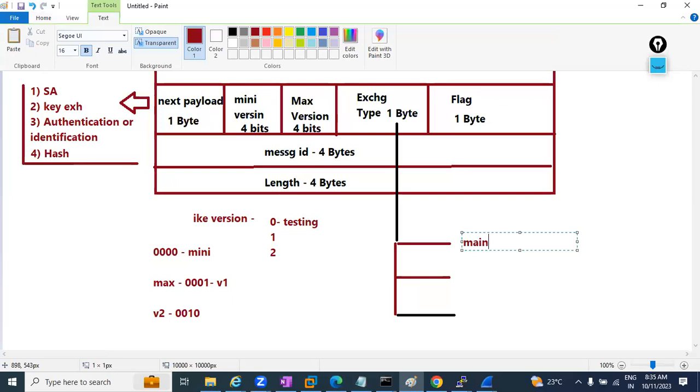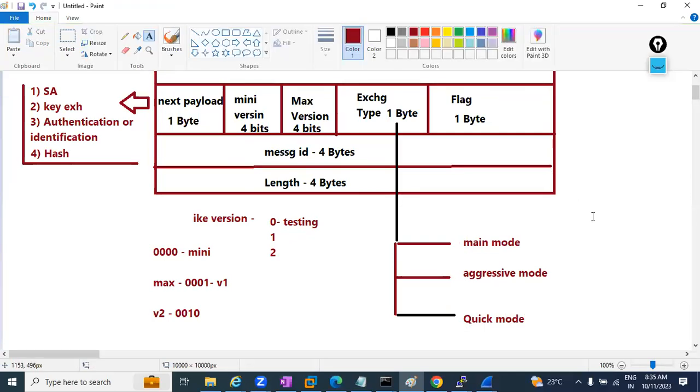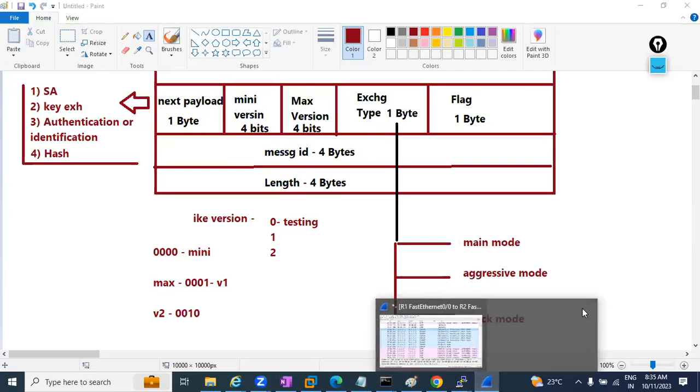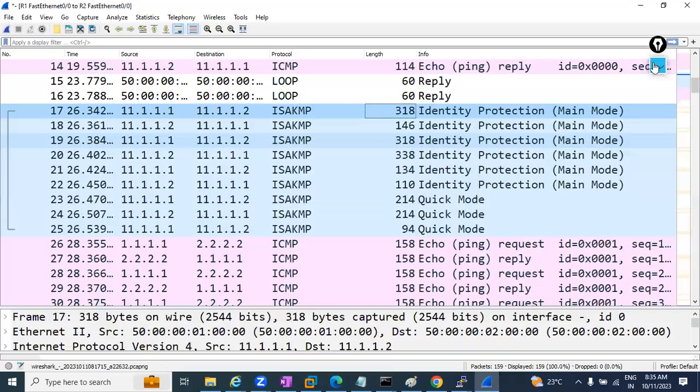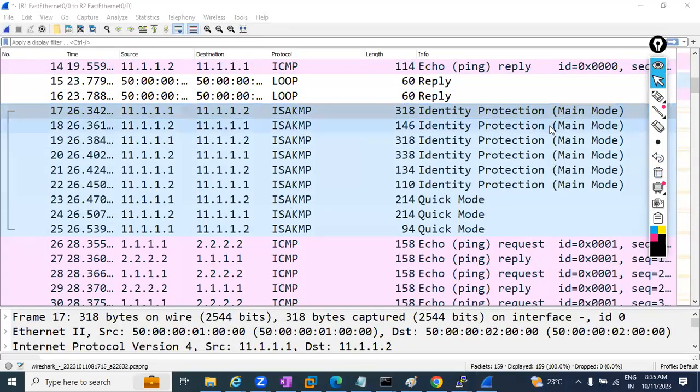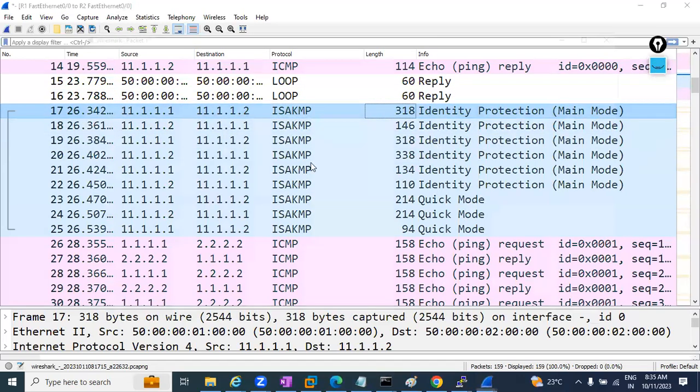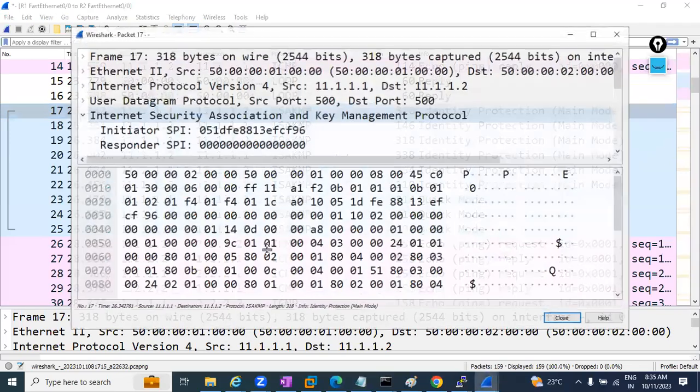So this is the option for the main mode here. The main mode, then aggressive mode, and then... What is the size? 1 byte here. So I'll take you back. As you know, the first 6 messages are all about the main mode, as we can see here. But if you get inside the packet message,